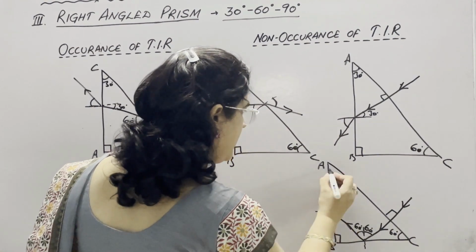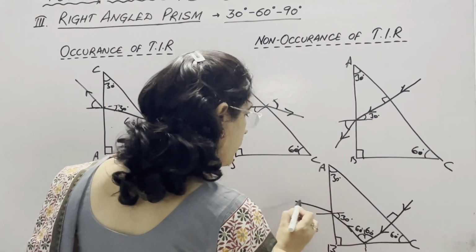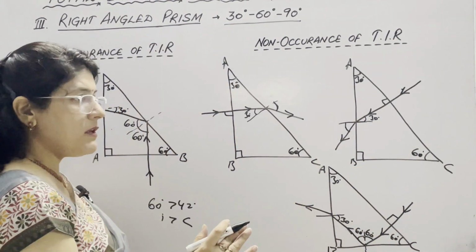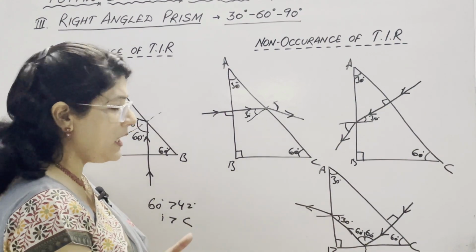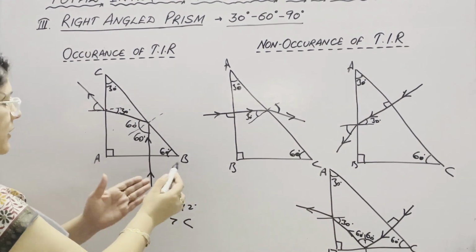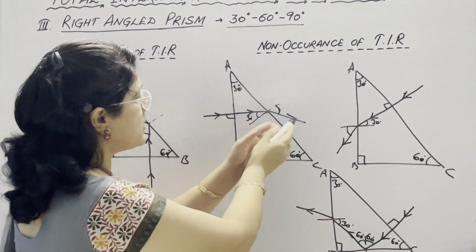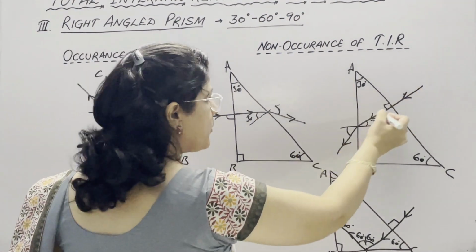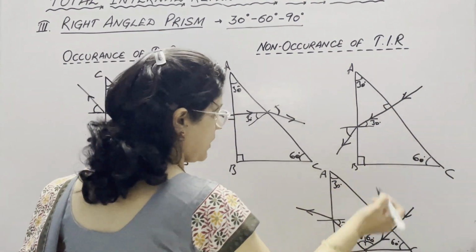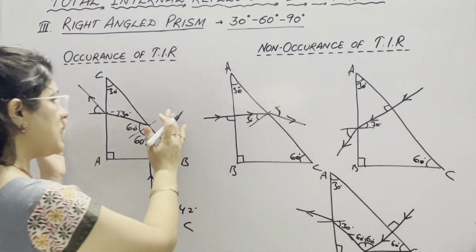Now when it strikes on this side, an angle of 30 degree. So with the normal it makes angle of 30 degree and comes out from the prism making an angle more than 60 degree. In all of these cases you have seen that deviation is more than 30 degree and less than 60 degree. The difference lies in how the ray of incidence enters the prism. Here it is entering from the base side of the prism. Here it is entering from the perpendicular side of the prism. Here it is entering from the hypotenuse side of the prism, and here same case, but here the position of the incident ray is near the bottom of the prism. So here TIR happens, but in these two cases TIR will not happen. In first case TIR will happen.